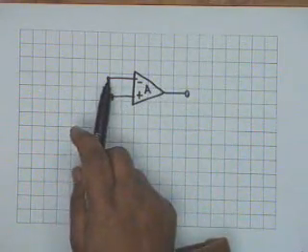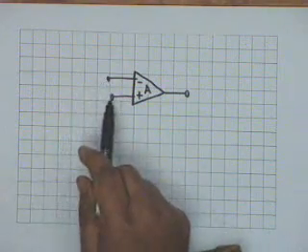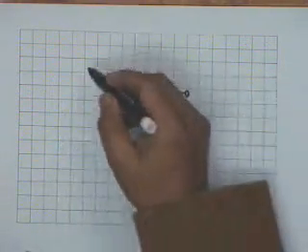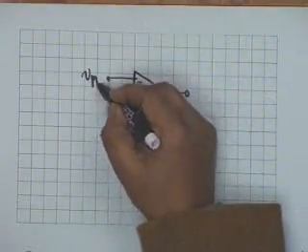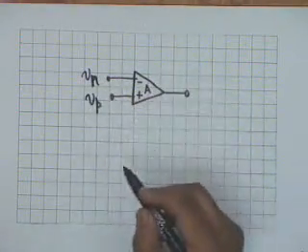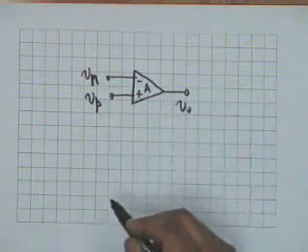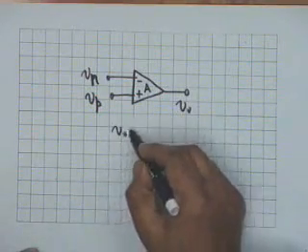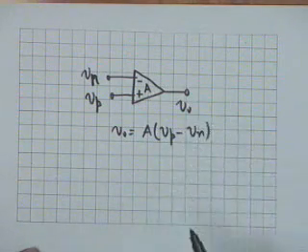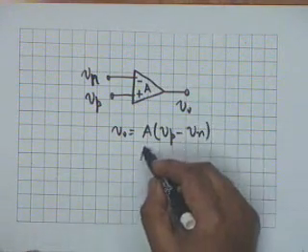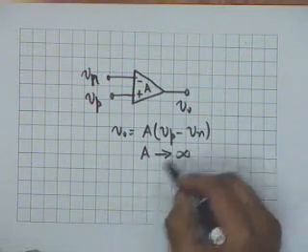The first is the inverting input, the second is the non-inverting input, and this is the output. And the model of the OpAmp is that if the two inputs are Vn and Vp and the output is V0, then V0 is equal to capital A (Vp minus Vn), where capital A ideally tends to infinity,